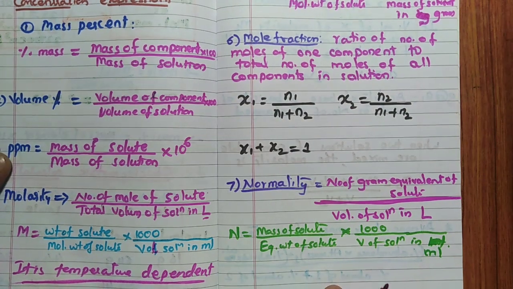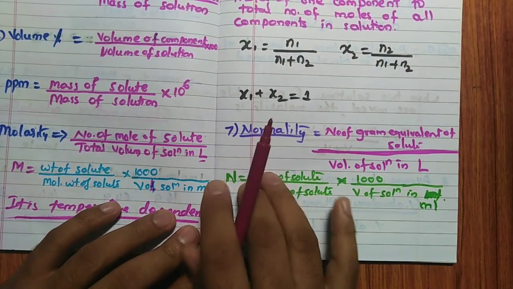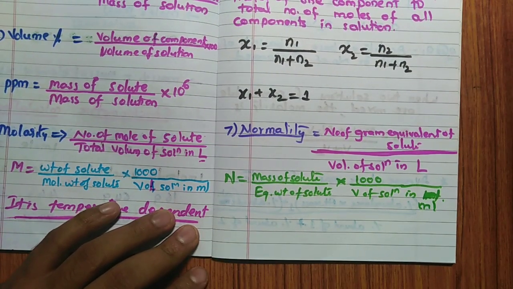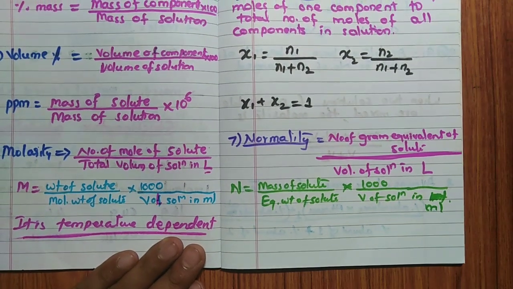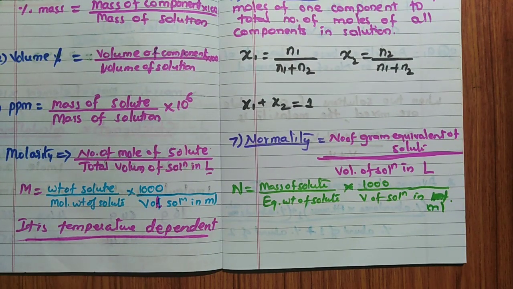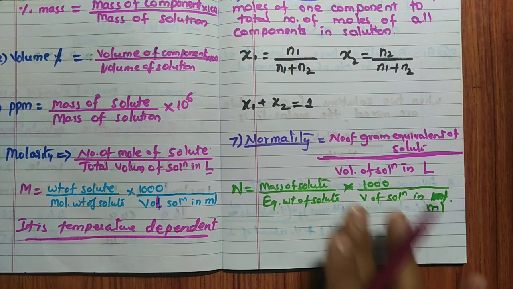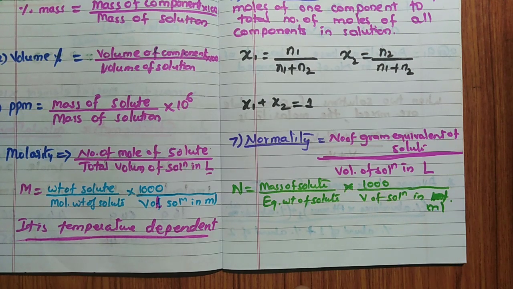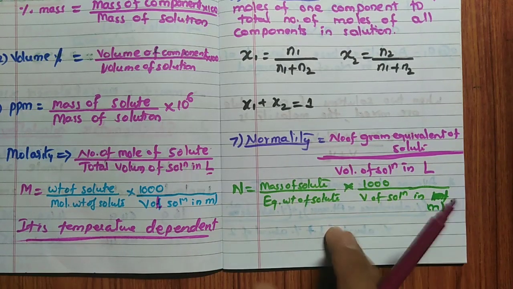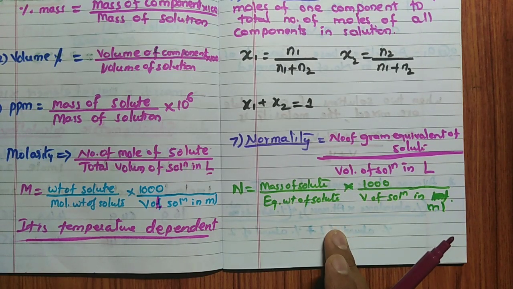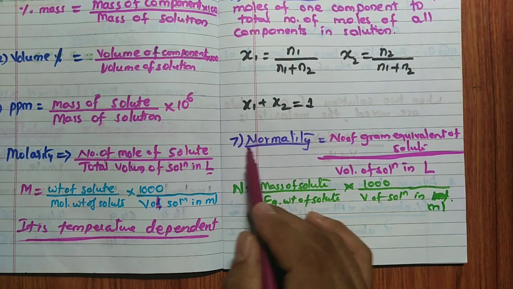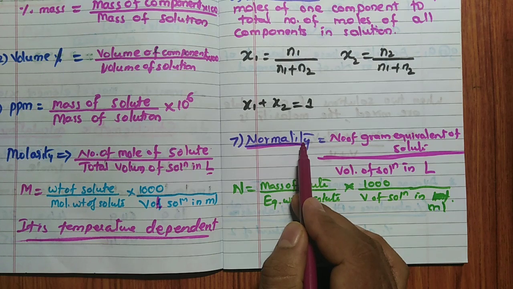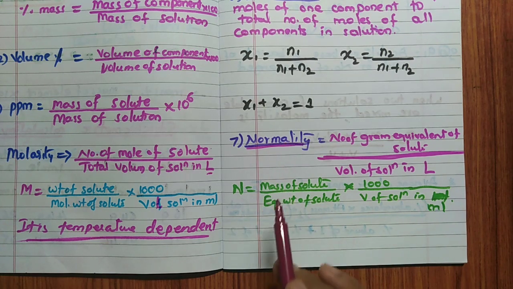Remember this. Then normality. Generally, I will tell you, the normality concept nowadays we will not use. If you see the previous year question papers of NEET and CET, JEE, it may be asked, but CET especially and NEET have not asked any question of this type after 2014, after the change in the syllabus in 2014, remember that. Because the normality concept is removed in the CBSE. If you see the NCERT textbook, you will never see normality anywhere, remember. But they have asked some questions in JEE also, so I have taken this.